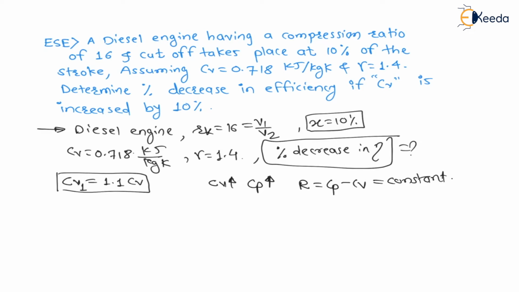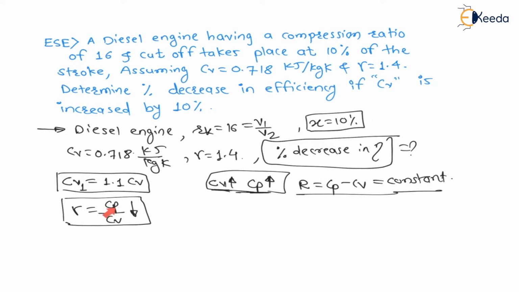Whenever any specific heat increases, if Cp increases, Cv also increases, but the difference always remains constant. And because of this increase, the ratio of them, that is gamma is equal to Cp divided by Cv, this ratio decreases, right? Now don't think too much about how gamma is decreasing. In solution you will find that original gamma is 1.4, and by increasing Cv, then Cp increases, the difference is constant, and then you will find new gamma lesser than 1.4. Then automatically you will get an idea, right?